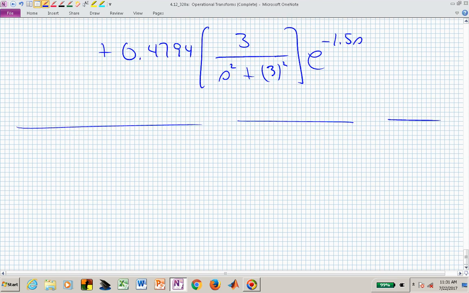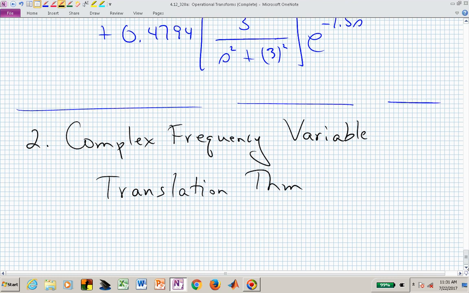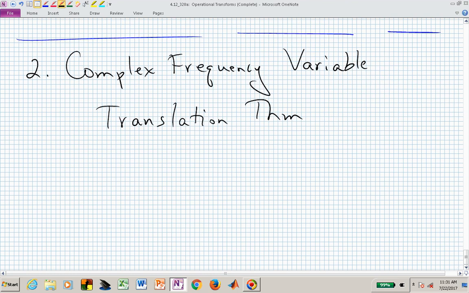Let's quickly look at one more operational transform, which is the complex frequency variable translation theorem, or really translation in frequency. So let me now just write that out in total. The complex frequency variable, that's S. The complex frequency variable is S, and we're translating that. So this is now the complex frequency variable translation theorem, or the S Translation Theorem, which says that if we